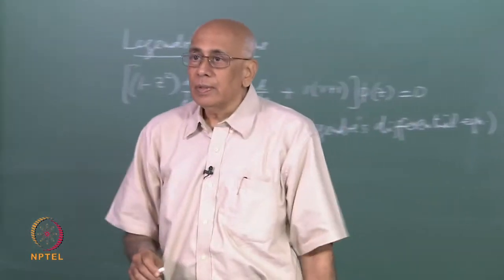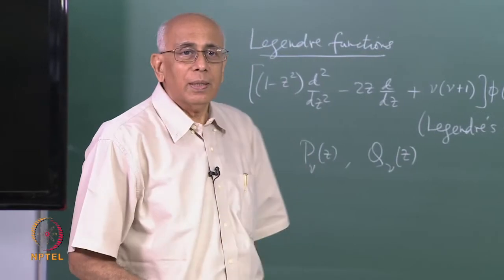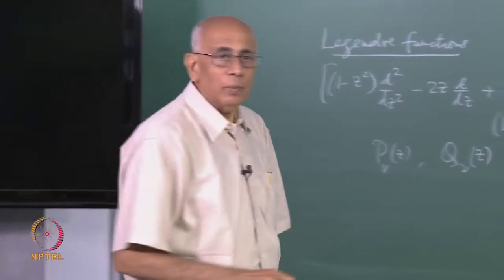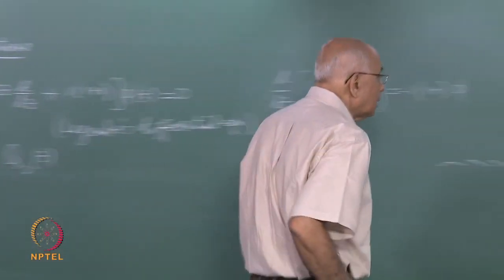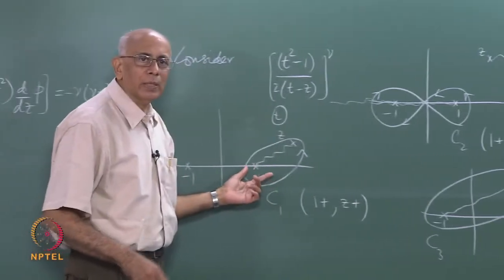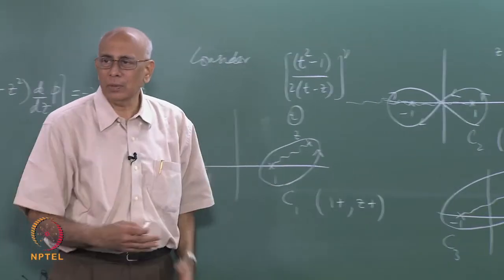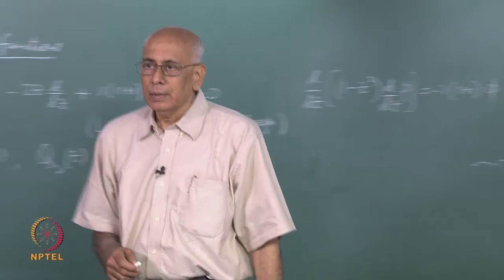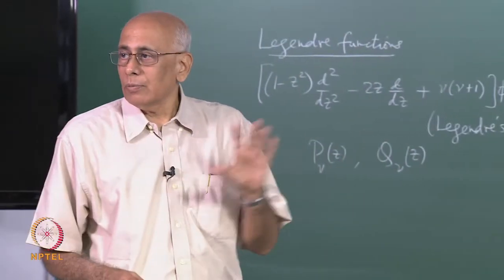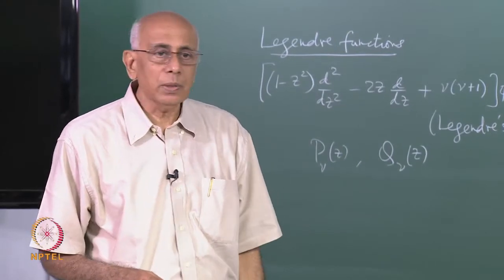So I want you to convince yourselves by playing around with this that these are really the only independent ones, there are not any more, and moreover that whatever you get here is going to be related to whatever you get here by change of variables t to minus t or something like that. Okay. So really it is just C1 and C2 that we have to deal with as independent contours,